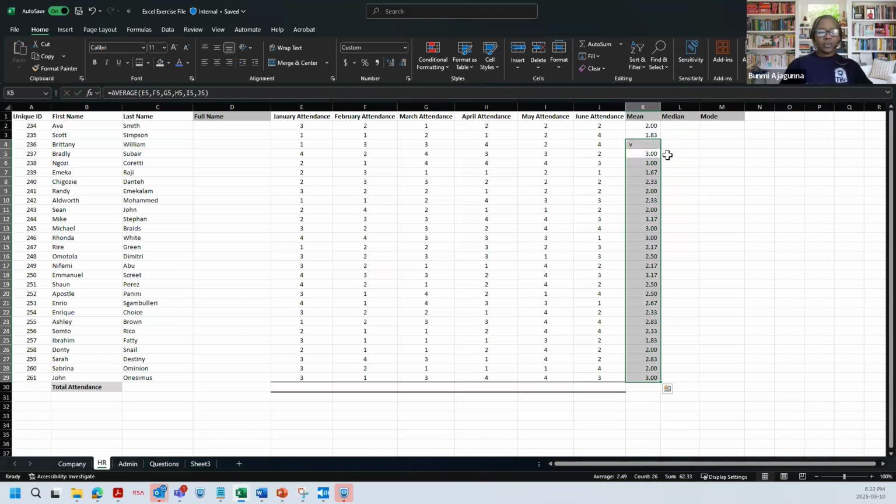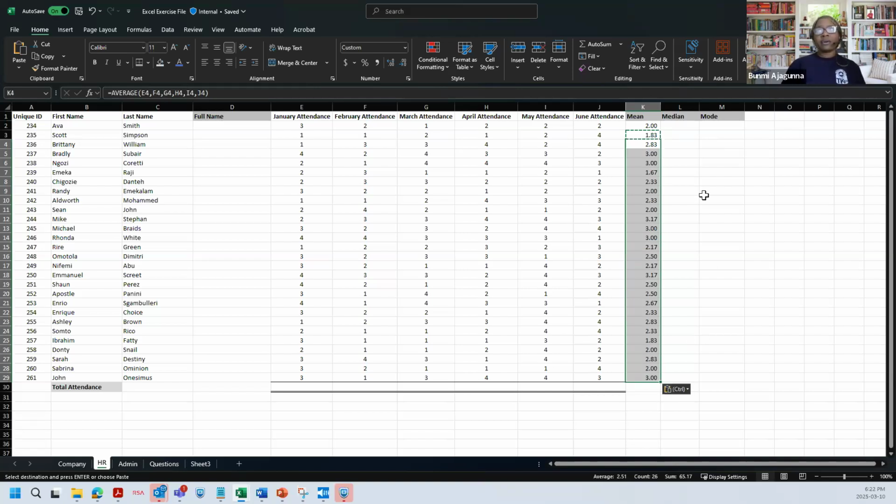The shortcut to that is you can copy by pressing Control C on your keyboard, and then paste by pressing Control V on your keyboard.